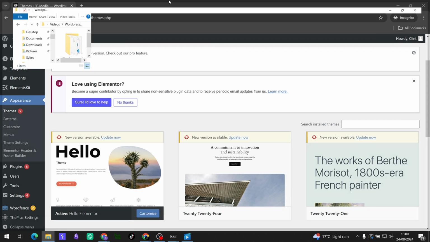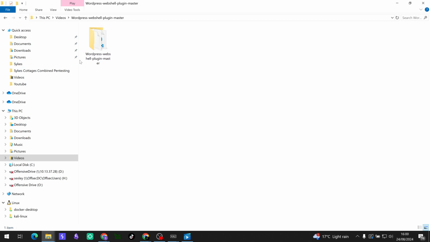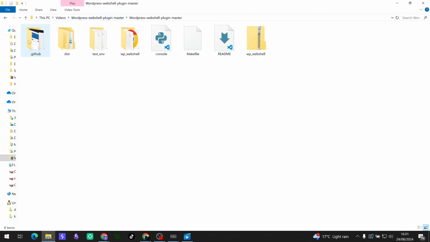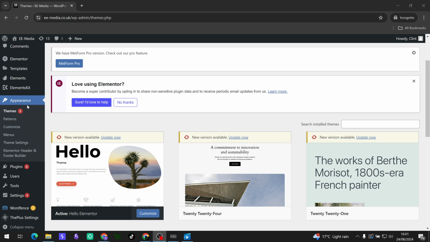So as you can see here, sorry guys, you need to go into the file folder. I'm inside the WordPress web shell plugin master, and then you just click here, and this folder, you need to zip it because that's what we're going to send to the plugin. Okay, so cool. Now go back to plugins and click on add new plugin,